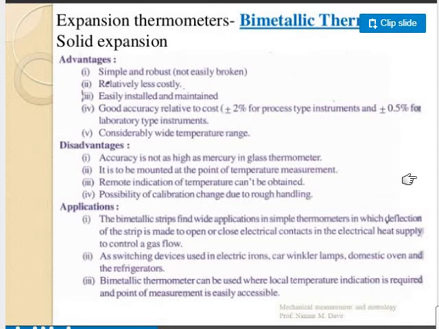So applications: it finds wide application in simple thermometers in which deflection of the strip is made to open or close electrical contacts in the electrical heat supply to control the gas flow. So on the electrical contacts you can fit this one and you can find out what is the heat supply that is going to take place. So on the gas flow, when switching the gas on and off, the tap valve opens and closes based on the temperature change. We can make use of this as a switching device used in electrical irons, car winker lamps, domestic